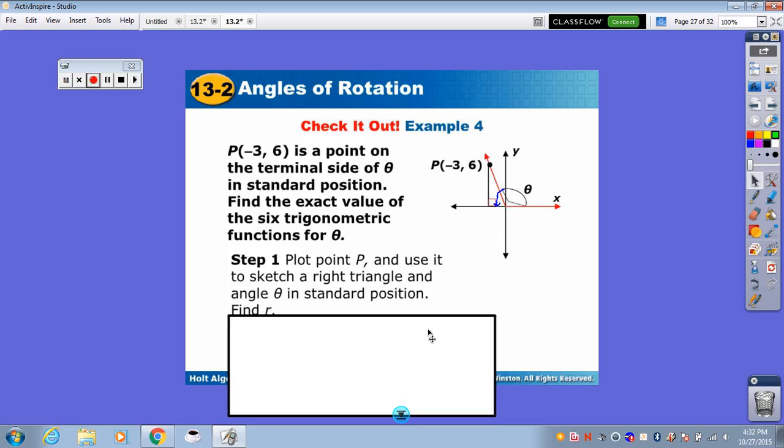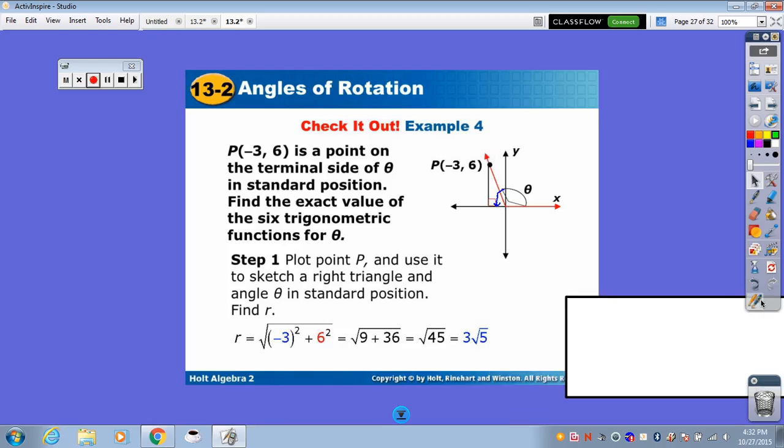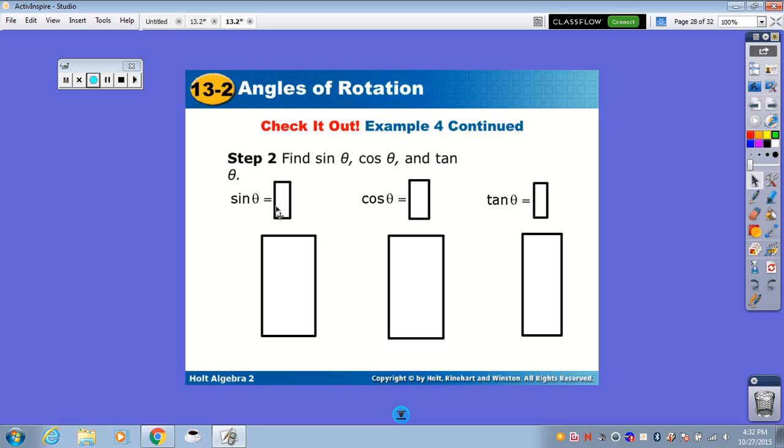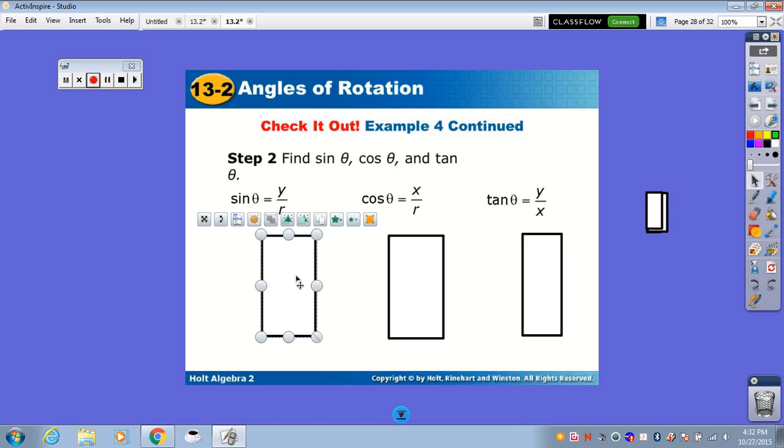Our angle theta is in standard position, and our first step is to find r. Given the distance formula, we have solved it to give us 3 square root of 5 as our r value. And we need each of these values, x equaling negative 3, y equaling 6, and r equaling 3 root 5, in order to calculate the rest of our values. Our sine theta is y over r, cosine is x over r, and tangent is y over x. Plugging values in,